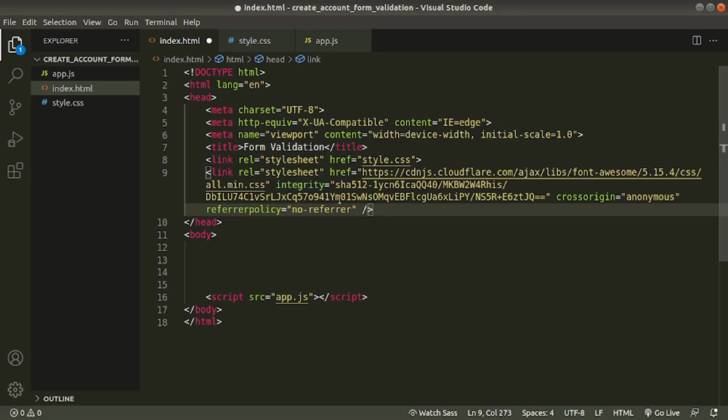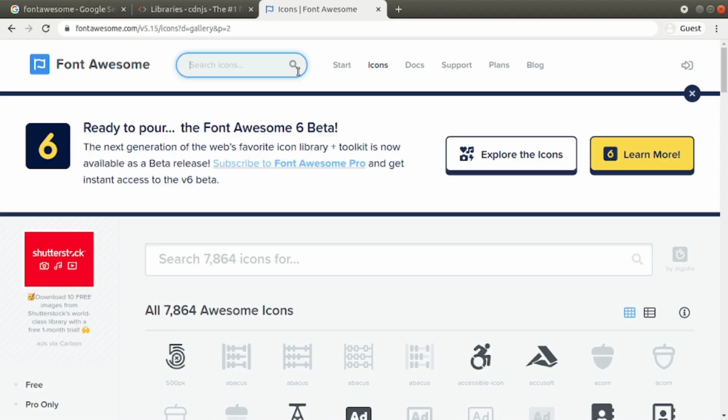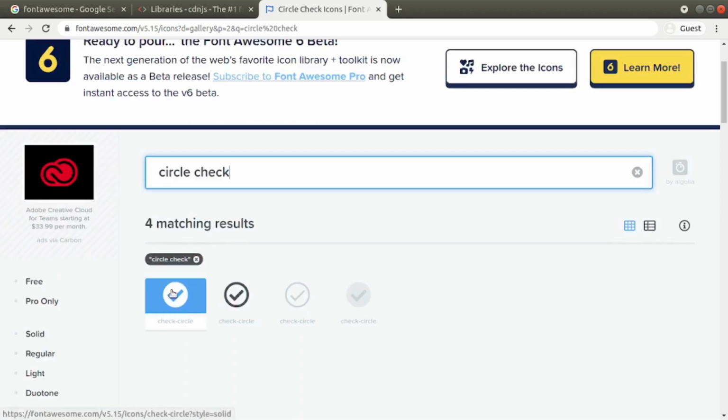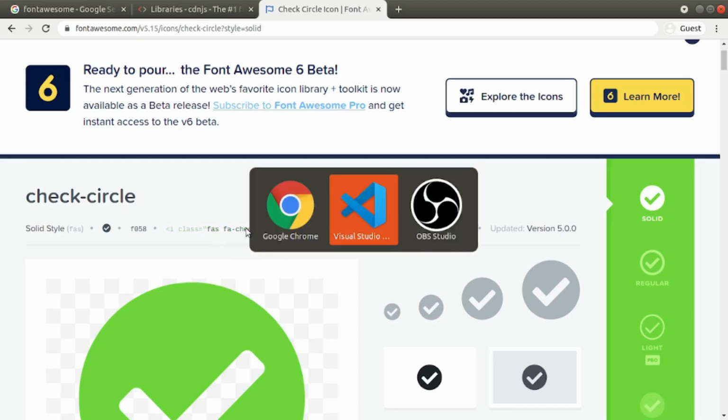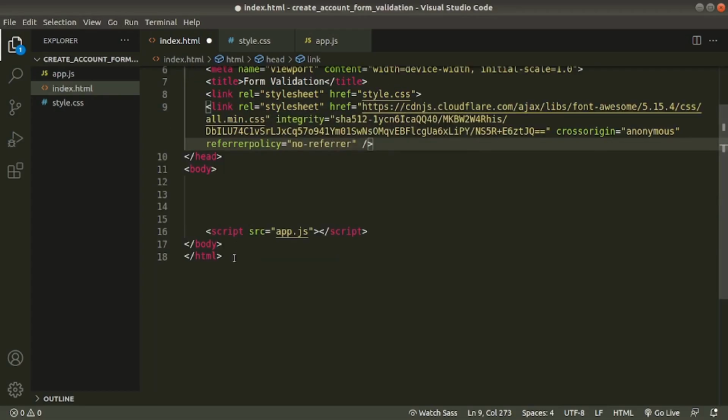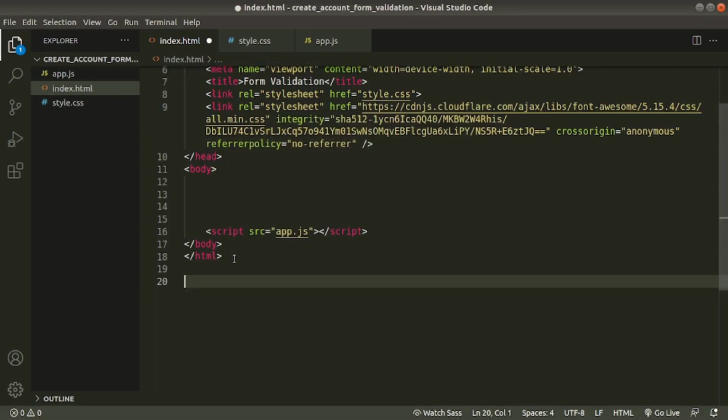Now go to the Font Awesome website. We need 2 icons: one is circle check and another one is circle exclamation. Search for circle check. Here click to copy this HTML tag. Go to the editor. At the bottom here, I'll create a comment.